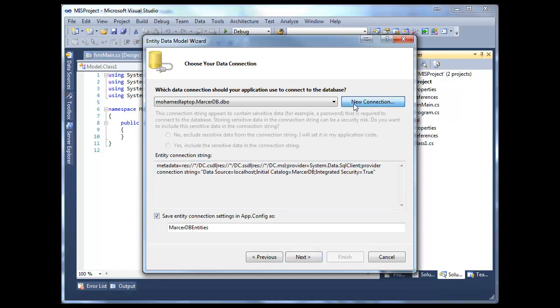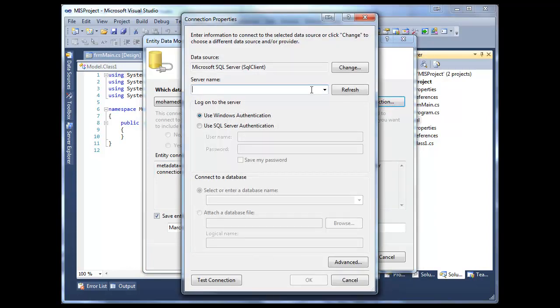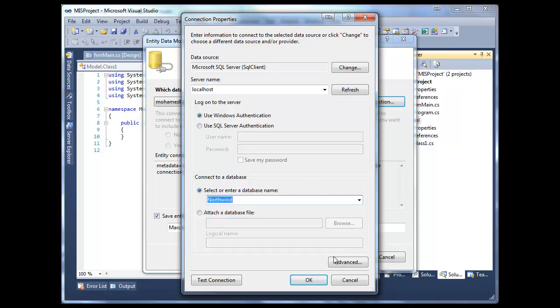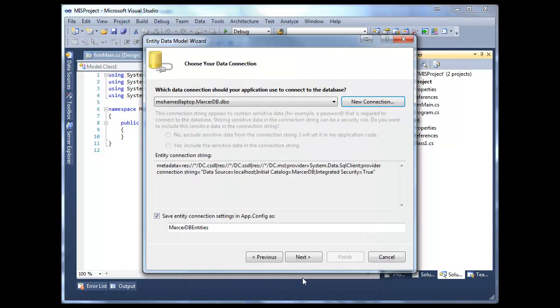Now I'm gonna make a new connection and I'm gonna call this localhost. This is always preferred, and always use Windows authentication. Please do not use this one. And in the database name I will choose Northwind and I'm gonna hit OK. And as you can see here, I get the name Northwind Entities, and here is my connection string. Okay, now I'm gonna hit next,